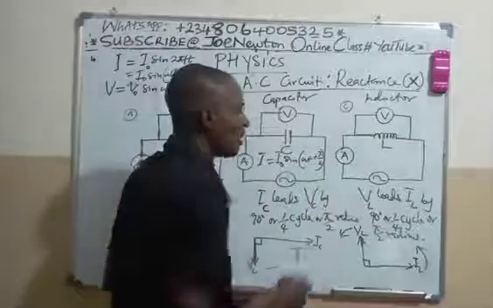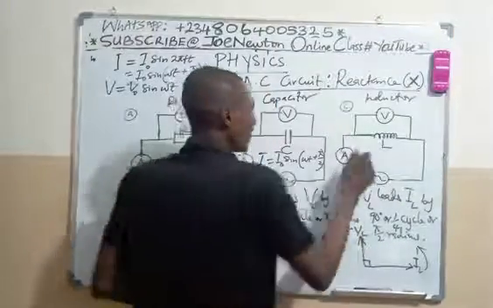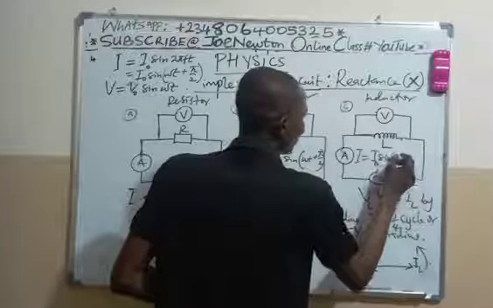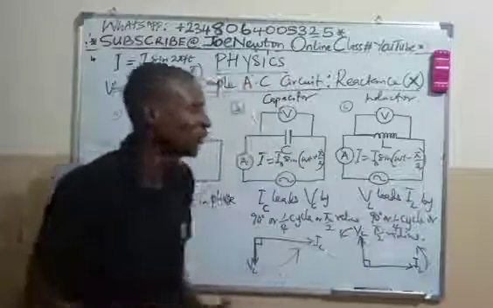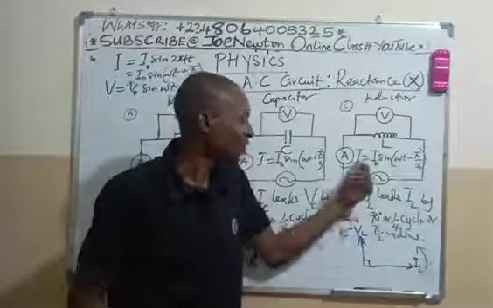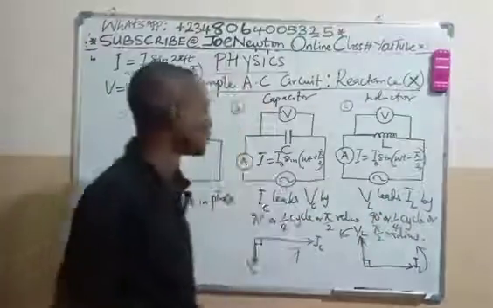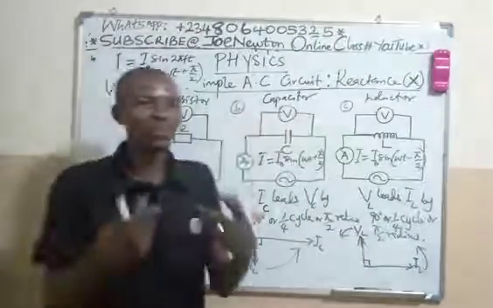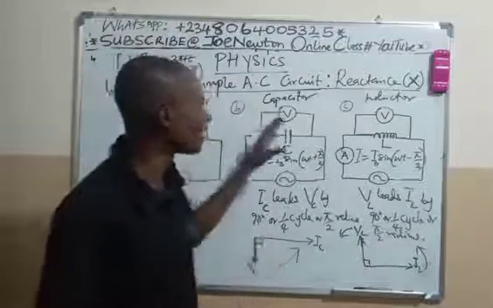But in this case, because voltage leads and the current lags behind, we now have I is equal to I naught sine (omega t minus pi over 2), because the instantaneous current here lags behind by 90 degrees or pi over 2 radians. So that is it. With this introduction or pre-explanation, I believe you'll be able to distinguish between the effect of capacitance in an AC circuit